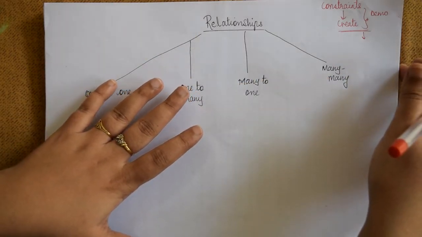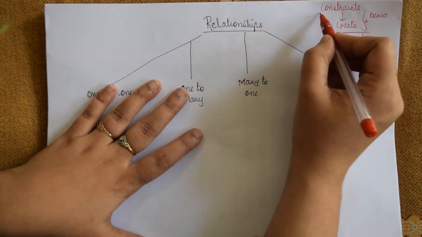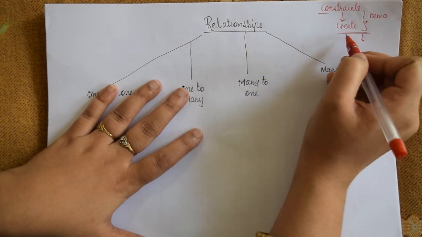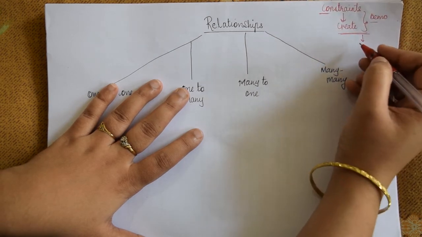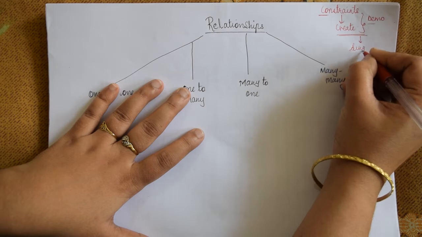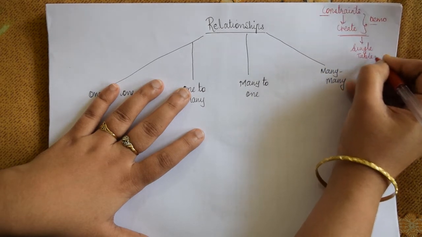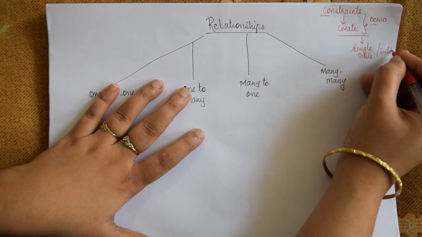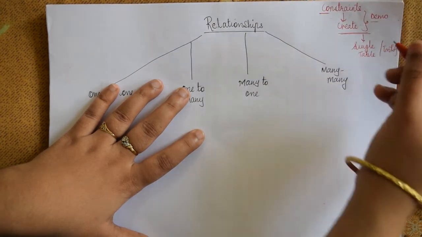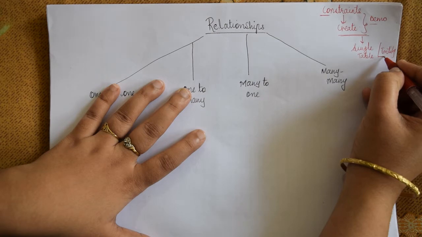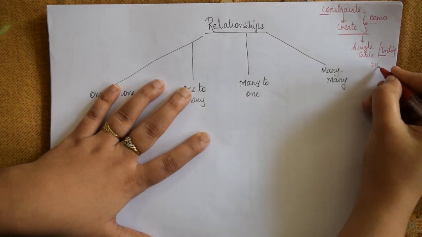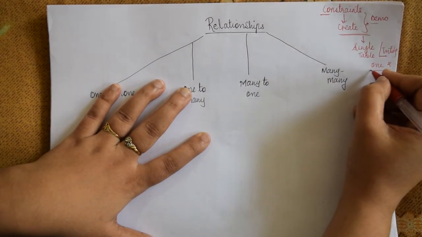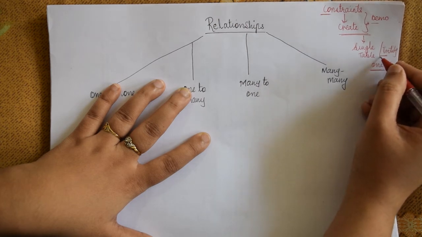Okay, so in my last video of the database series, we discussed constraints and how to create a table using constraints with the help of a demo. Till now we have just focused on a single table, or you can say a single entity. Now a database is a collection of multiple entities together, and it deals with interrelated data. So when there is more than one table, these tables can be related with each other.